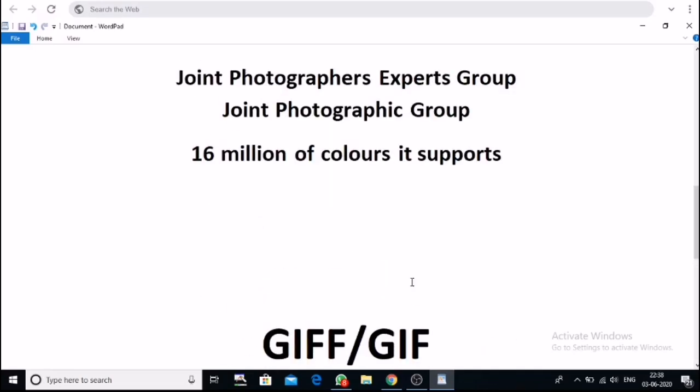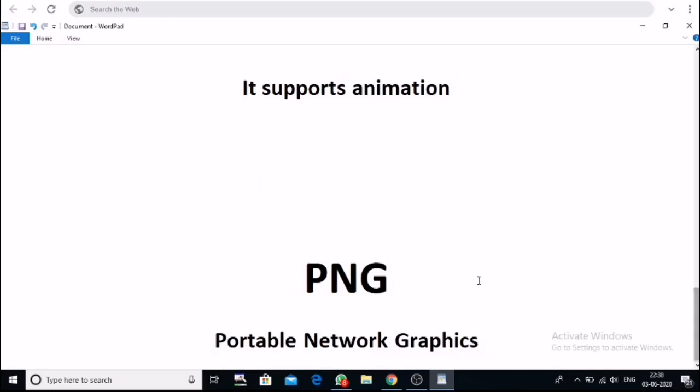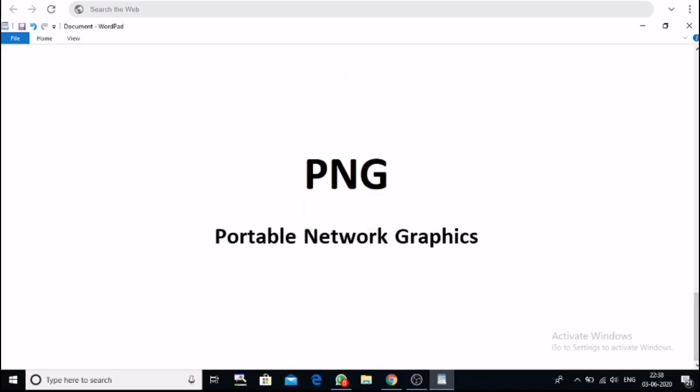Then the third one, which I told you about, PNG, portable network graphics. It is also like the JPG format, meaning it supports many colors, a variety of colors, and the image size is big.